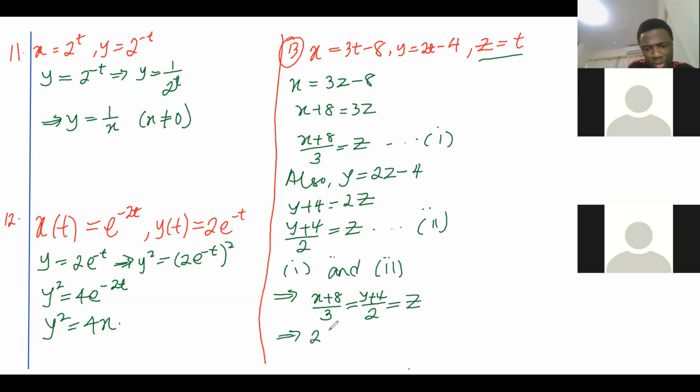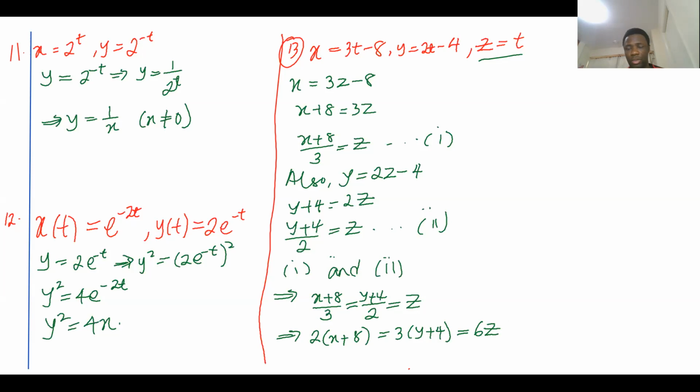So twice of that, 6 times of z. That's all you can do. Unless, of course, we want to write it as different equations. In fact, 3 different equations. If we want to do that,